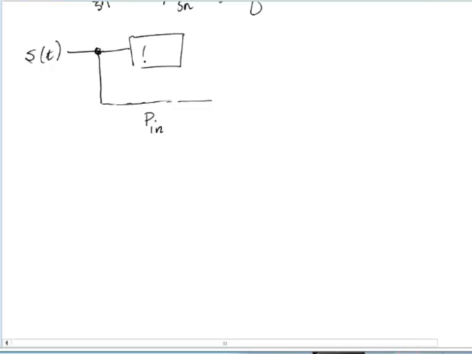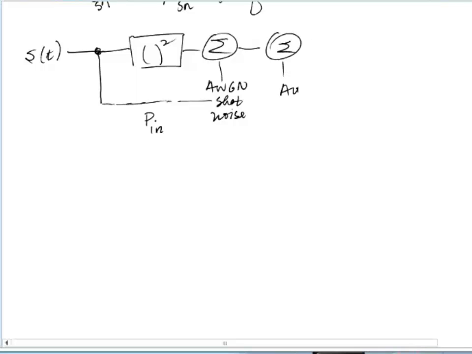The simulator would simply square the signal, and then it would add to it additive white Gaussian noise, which is the shot noise, depending on what the instantaneous power was at that instant. And then it would also add additive white Gaussian noise, which is thermal noise, which is not signal dependent. And then we would go into our electrical filter